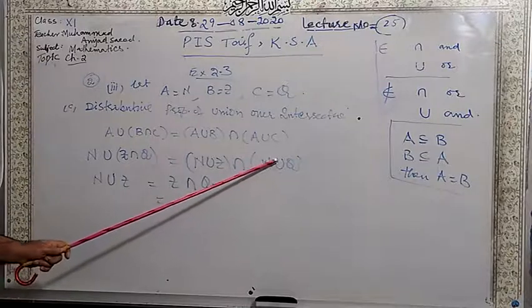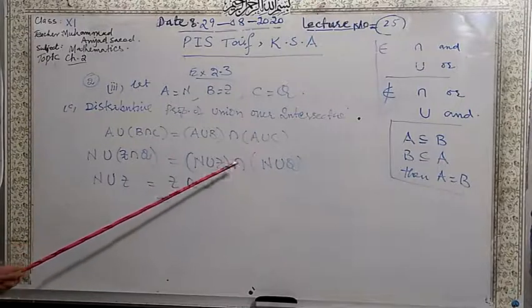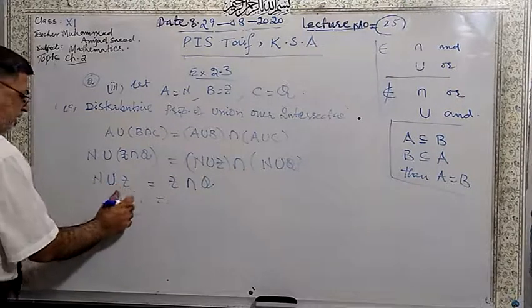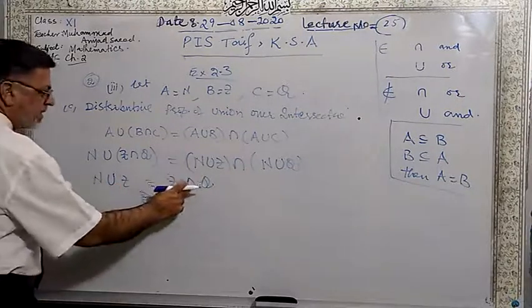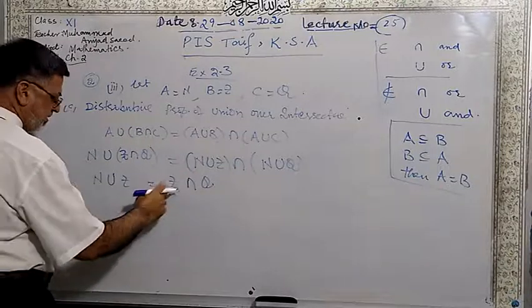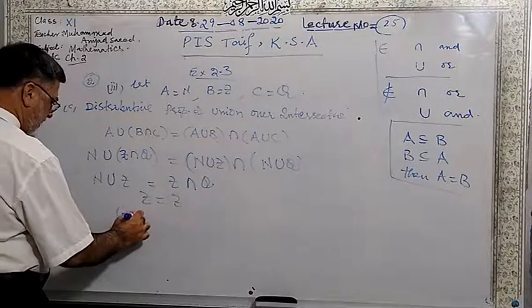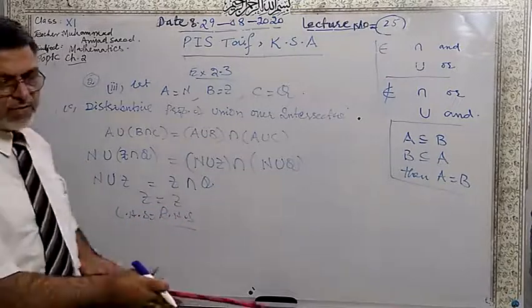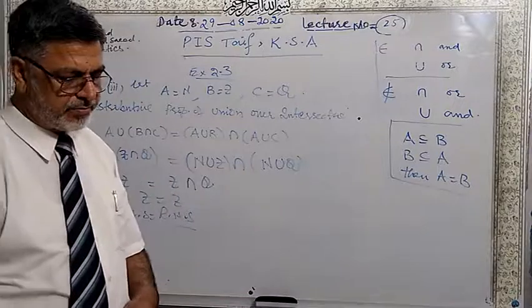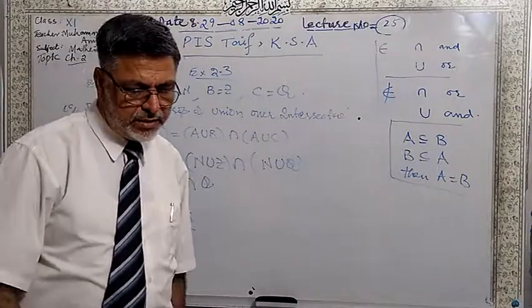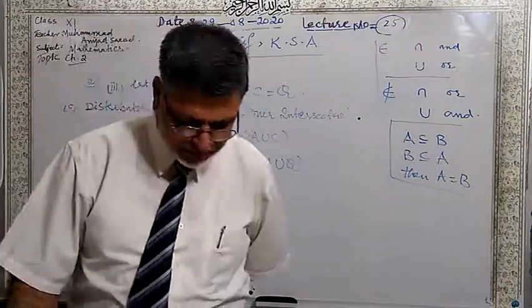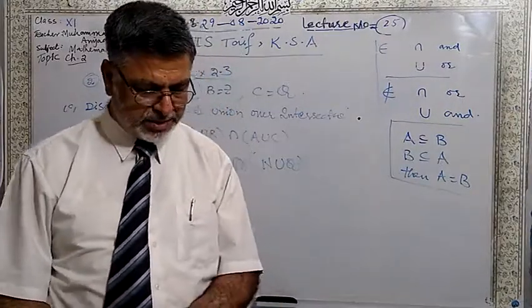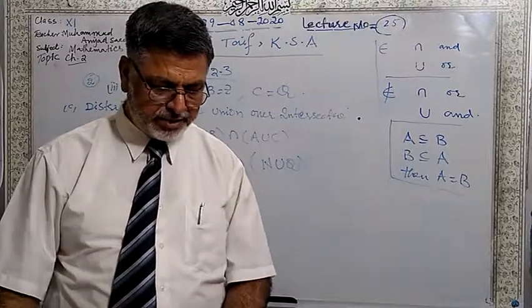Q is the bigger, definitely much bigger than the set of natural numbers. In case of union, the bigger set. In case of intersection, the smaller set, Z. So left hand side is equal to right hand side. So this was your distributive property of union over intersection. You can do the distributive property of intersection over union by yourself. I hope that you can do the parts which I left for you. You can complete them. Okay.